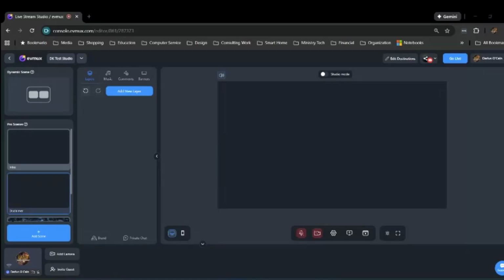And we're going to take a look in Evmux and show you how you can build some automation within your production. Namely, what we're going to look at is a way that you can start with an introduction screen, have that show for a period of time, switch to a disclaimer scene if you want to have something like that in your production, have that show for a preset amount of time,